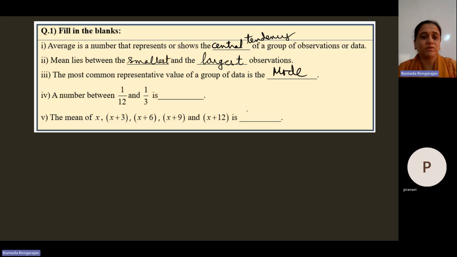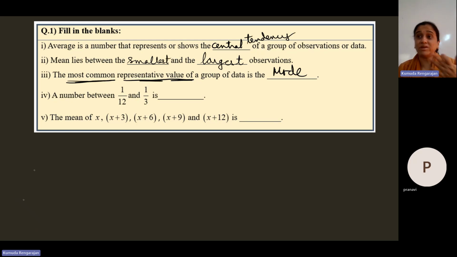See that most common, which will be the most common? See here, most common representative value. That means they're asking you if it is mean, median, or mode. Who represents the data? One of these three represent the data, right? We can find 3 representatives for the data. We can find mean, median, or mode. So representative value meaning you'll have to answer if it is mean, median, or mode.